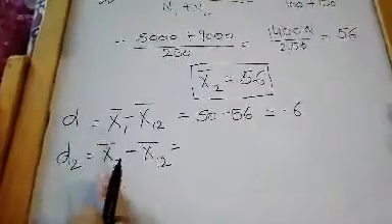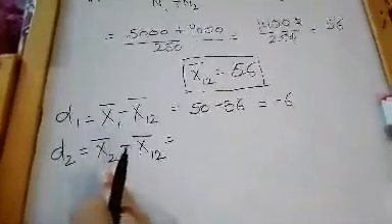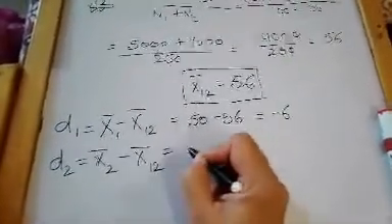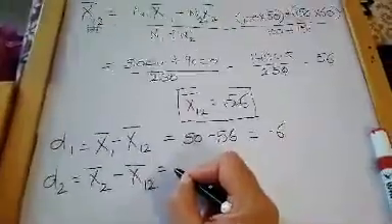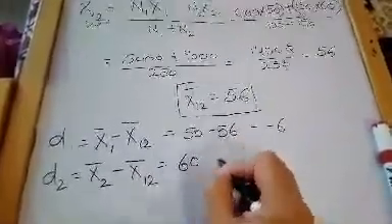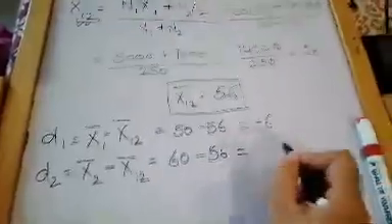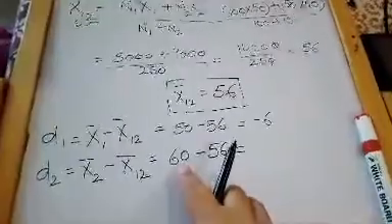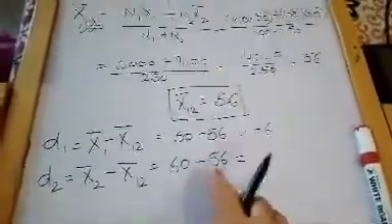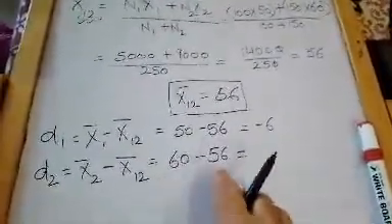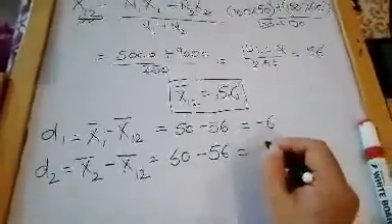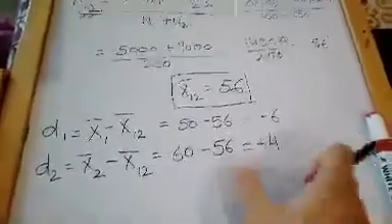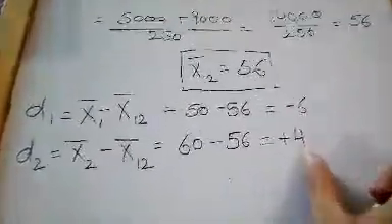And over here D2, what is the formula? Mean of second group minus combined mean of both the groups. Okay, so what is the value of x2? That means mean of second group is 60 minus 56, and when I subtract, now over here I have a greater value first and a smaller value I have to subtract from it, so my answer will be positive. So when I subtracted, I got my answer as 4, that is +4. Okay, positive value I am getting over here.